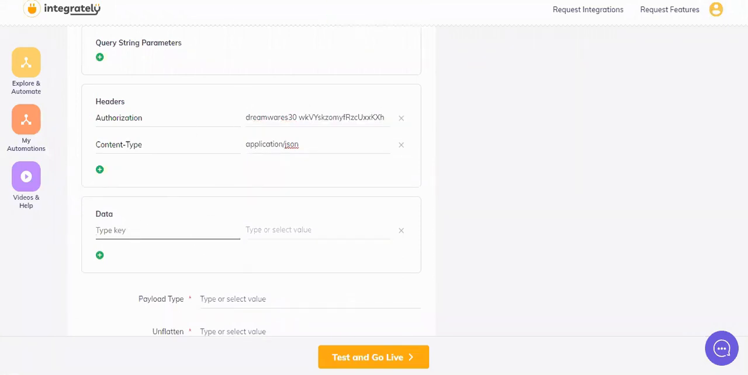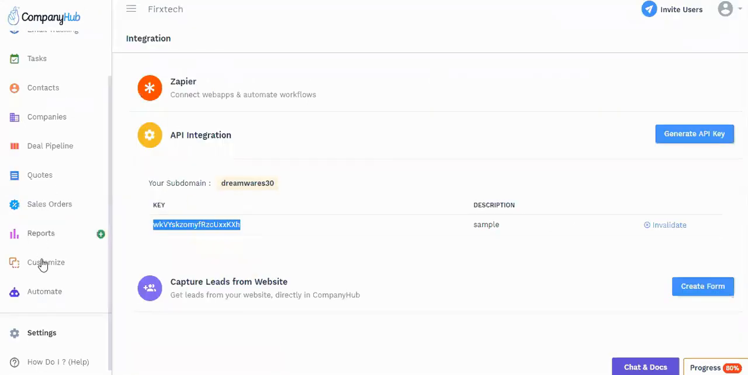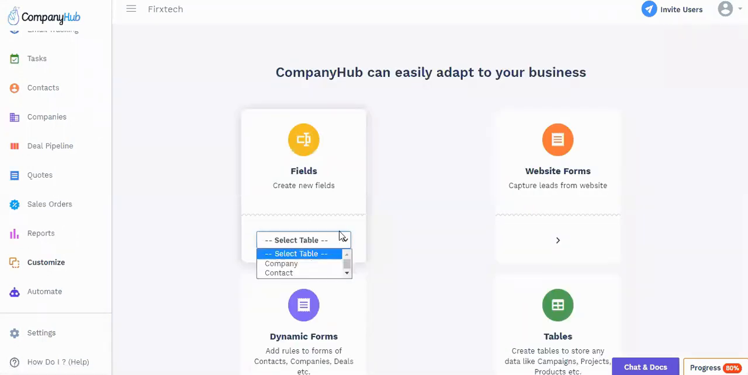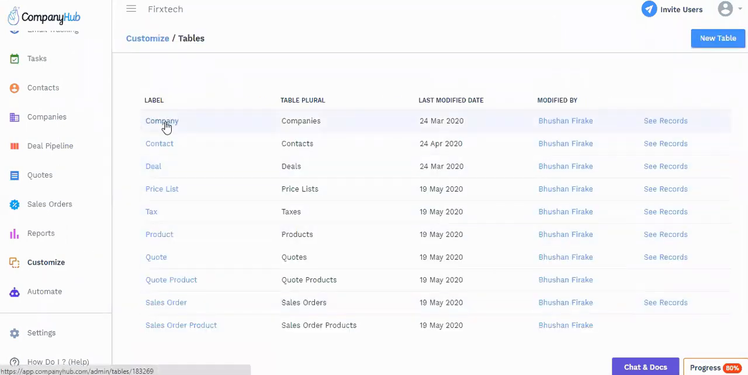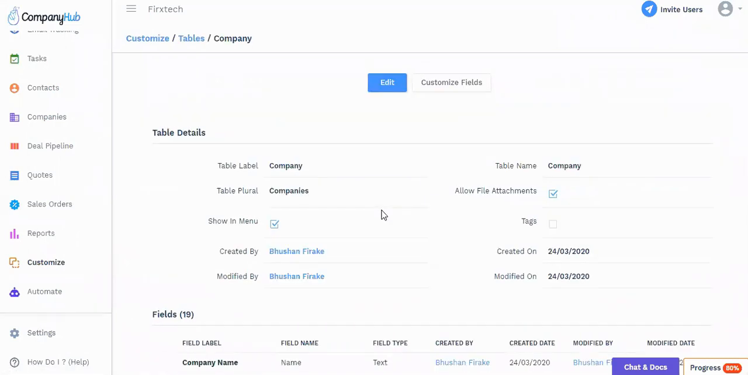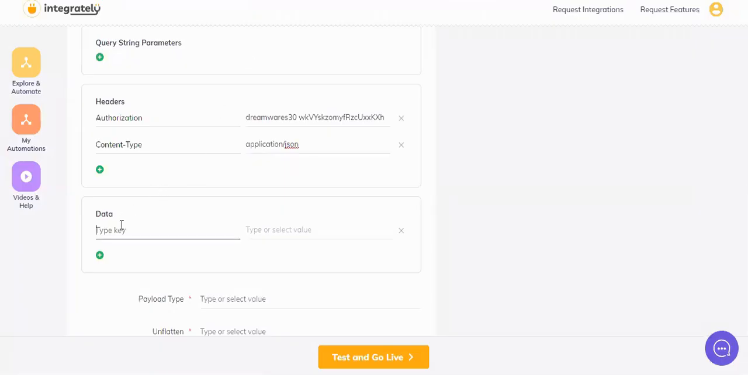So in data. Now, if you go to documentation, the body says first name, last name. So it's an example body wherein we know that first name and last name are the fields in this particular table. So for company, let's go to fields of company table and go to customize. To see the fields, we can go to table. Company table. So we have these fields. So these are the names of fields that we can use. So we will just use name for now. So let's go here and name,